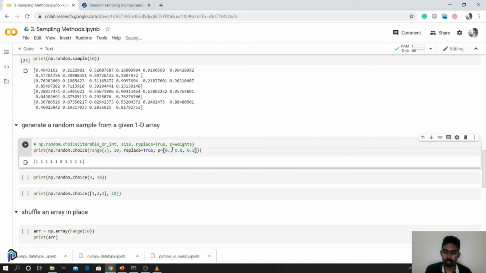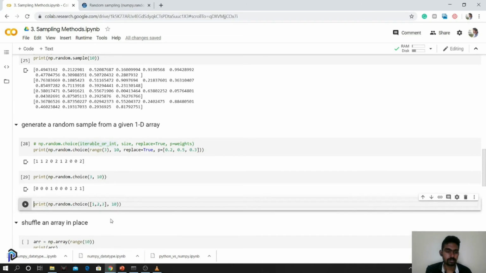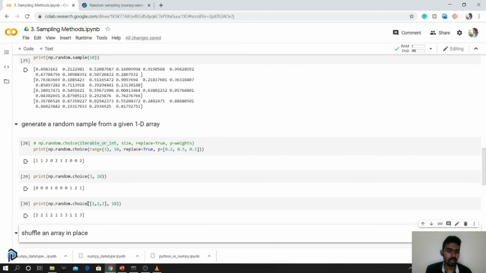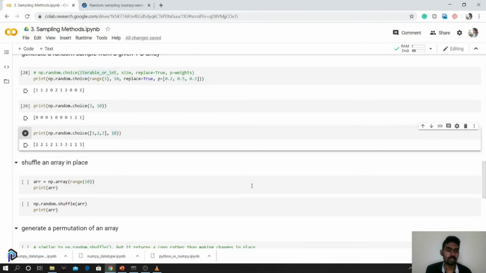I can also change this probability distribution, and now the number of repetitions of 1 is slightly reduced compared to before. As you can see, there are more 2's and 0's right now. These are examples of np.random.choice. You are given a list and you determine the size, and that number of values would be generated randomly from the given list.